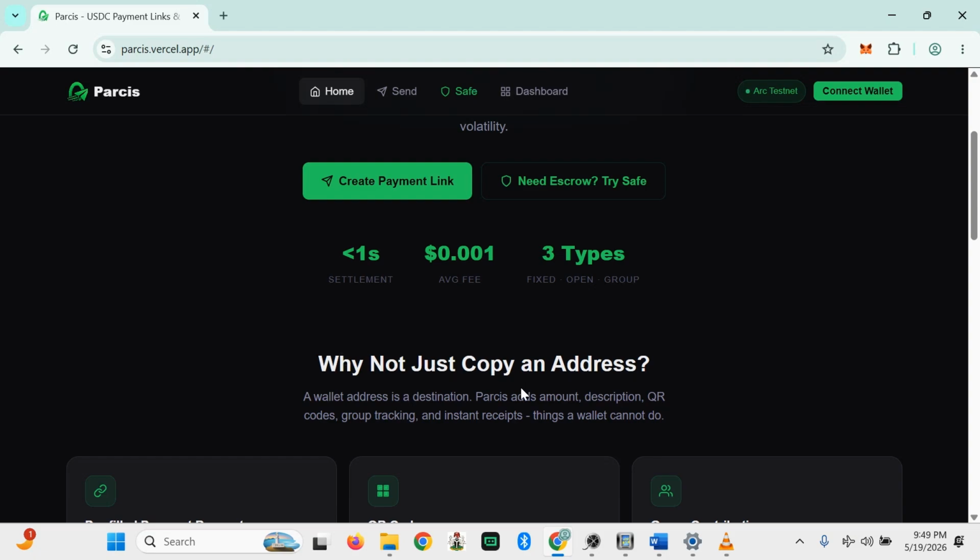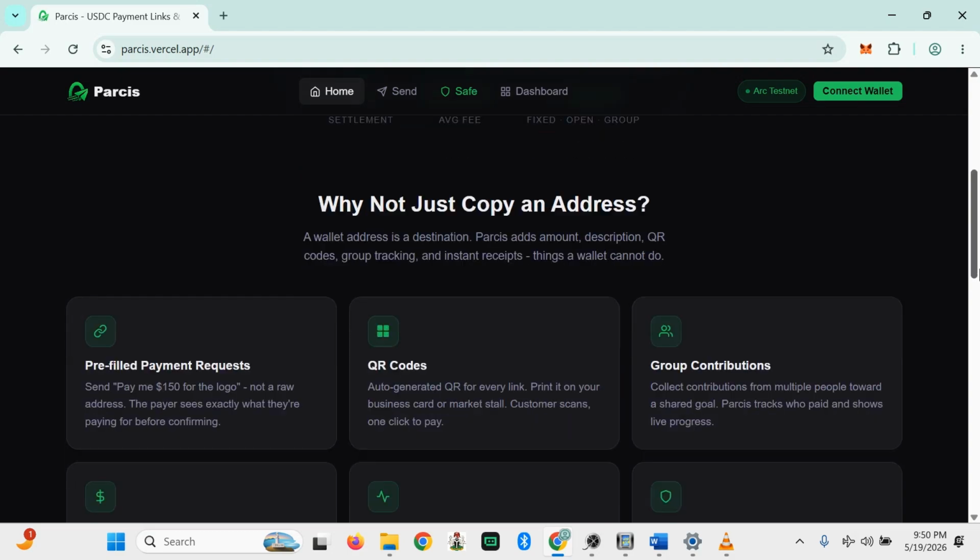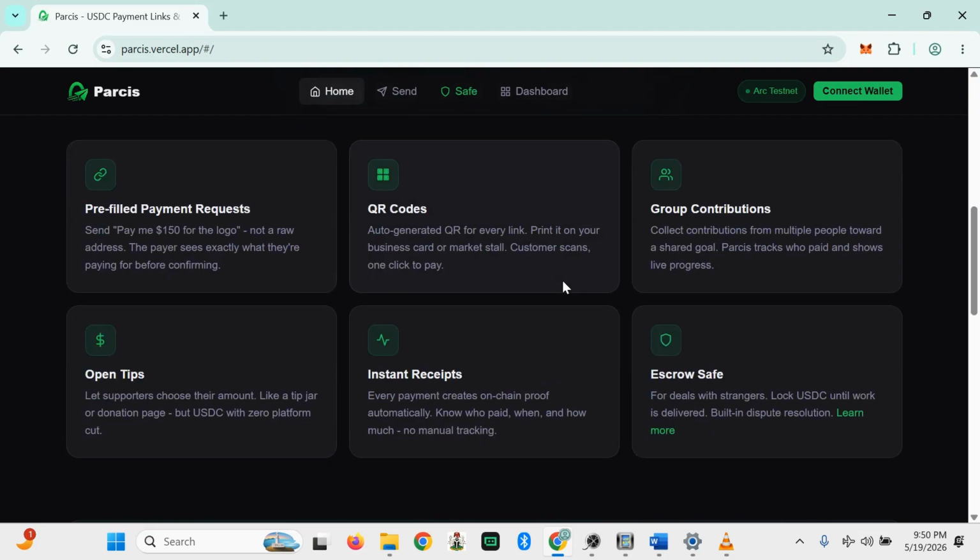We have three types of payment link. You can create a group split, you can create a fixed amount, or you can create open tips or donations. These are the methods for payment links. There is a pre-filled payment request, and we have a field for a description of what the payment is for, for example the business.